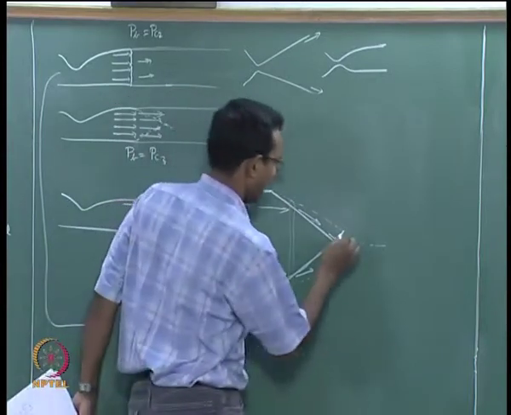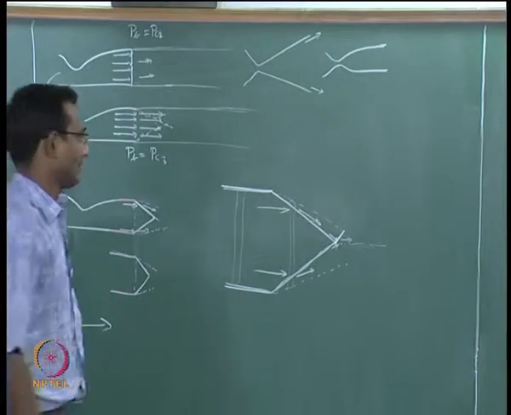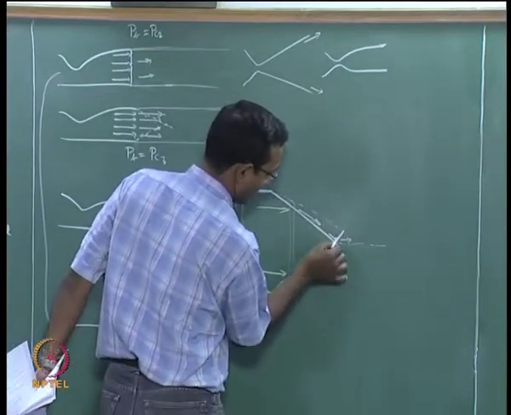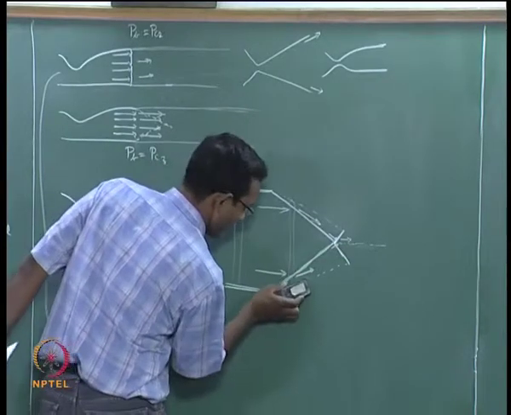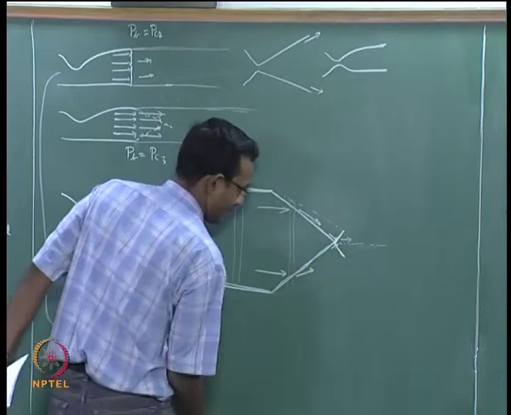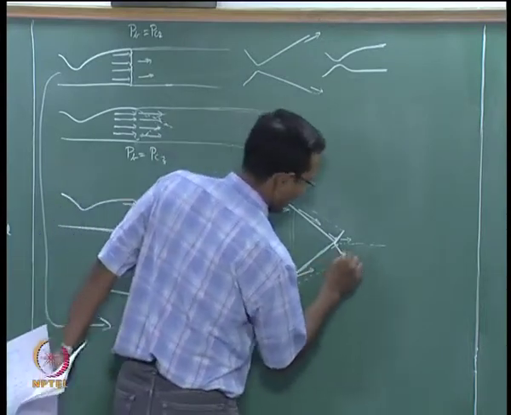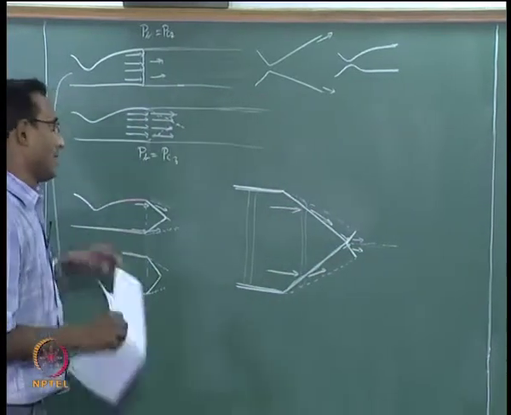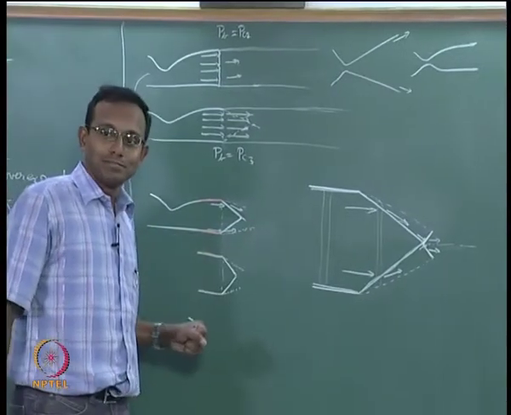Okay. And then the flow here will go straight. Similarly, it is an exactly symmetric problem, so I will just go this side. Of course, it looks like I have not drawn the jet boundary symmetrically. I will adjust that. Okay. And then this side also it will go straight like this. Okay. This is for a simple system.